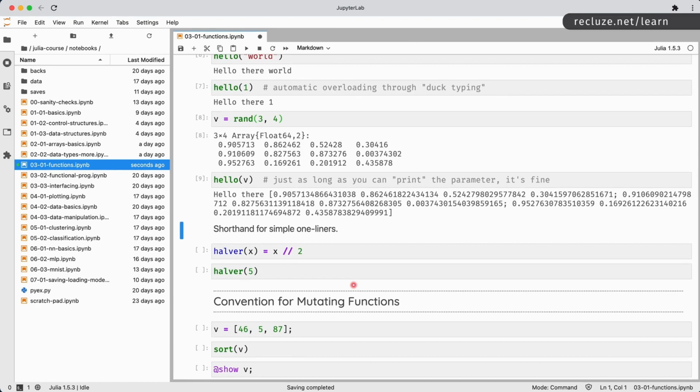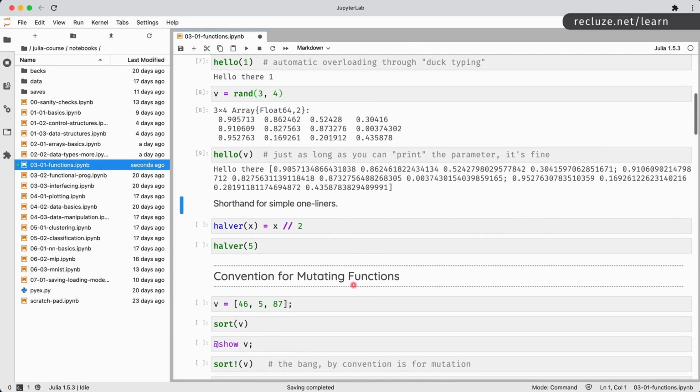But now we get to some of the stuff that is different in Julia. For instance, you can define one-liner functions using this syntax of defining the function name and parameters in parentheses, is equal to, and then the one line of function body that is going to return the value of the function, right? It's much easier to just demonstrate this. So hover x is equal to x by 2.